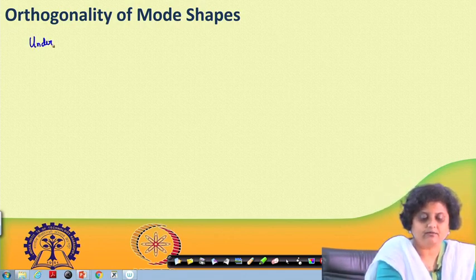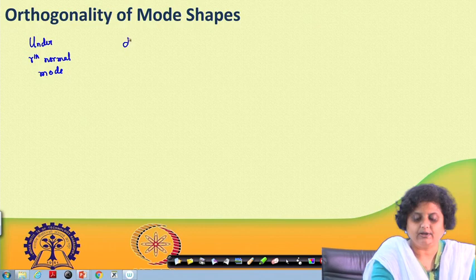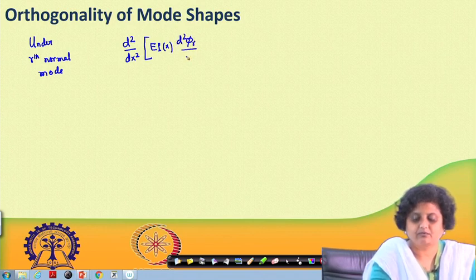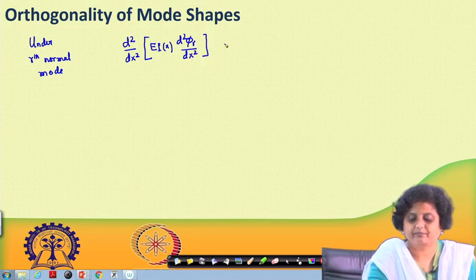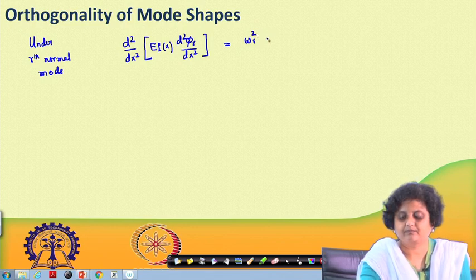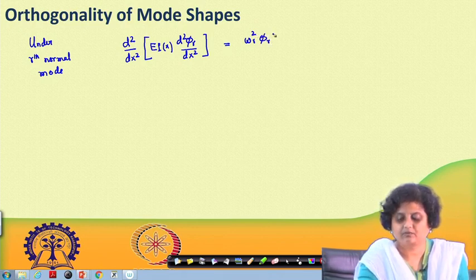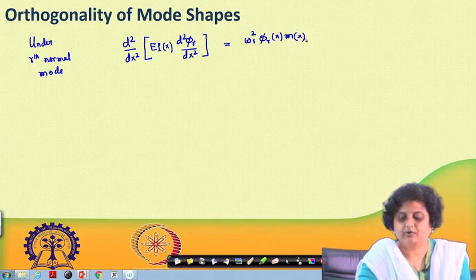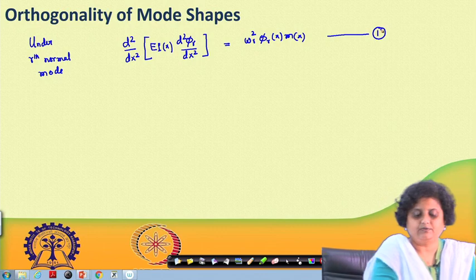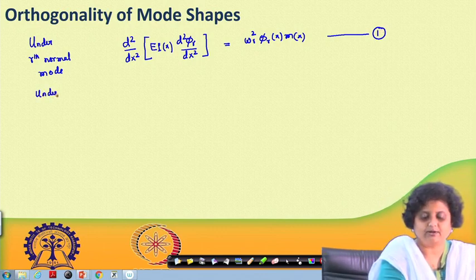So, under rth normal mode, the equation of motion can be written as, let me call this equation 1. Similarly, under sth normal mode,